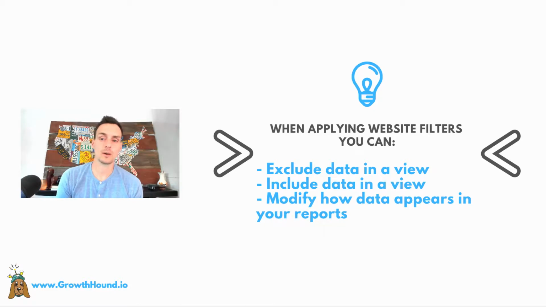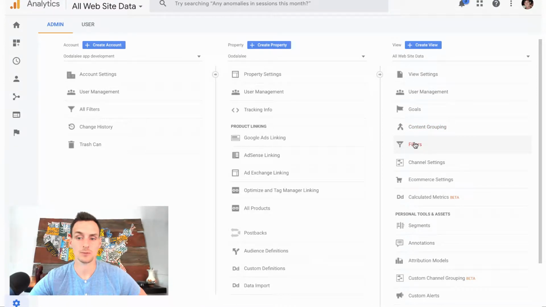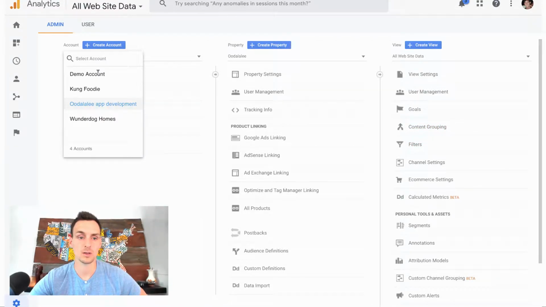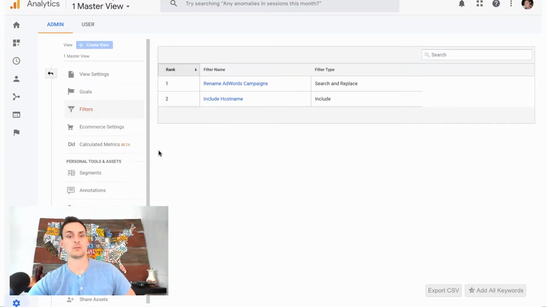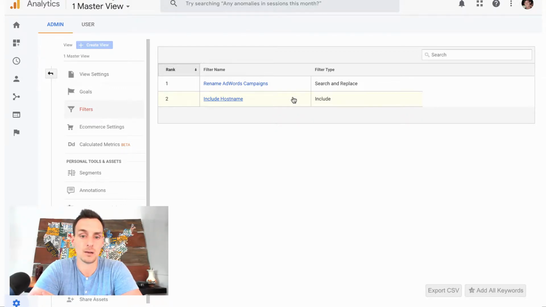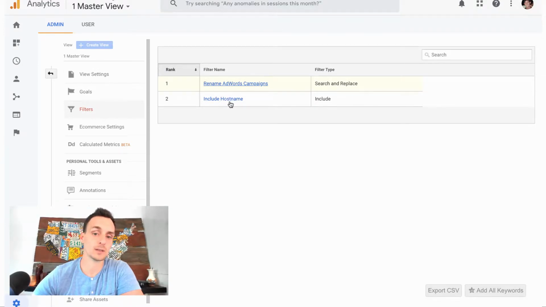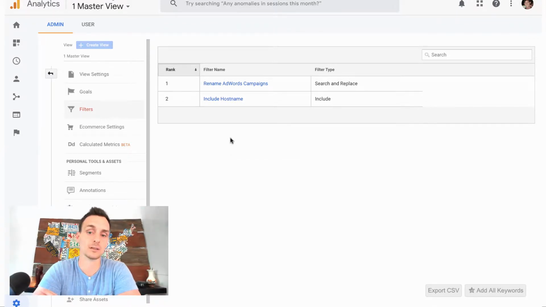Okay, next up, we're going to talk about filters in your reports. So just a quick background on what filters allow you to do. If we're in our view, we'll see filters here, so you can create these. We're in the demo account for Google Analytics. The filters allow us to implement filters on the data that is collected through our tracking code. And so here we have some AdWords campaigns that are being renamed, something that's including the host name. So this is how the data is collected and